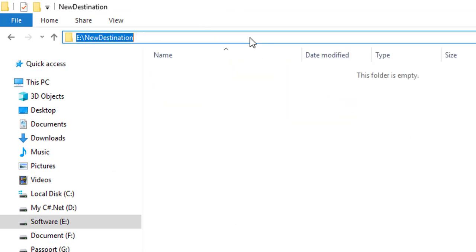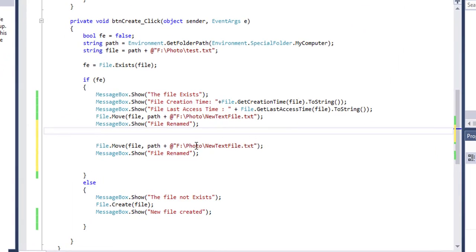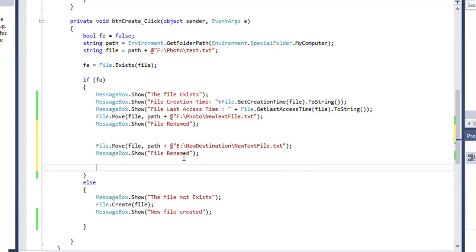I am copying the location. To show the message moved. Now the file will be moved from F drive to E drive.